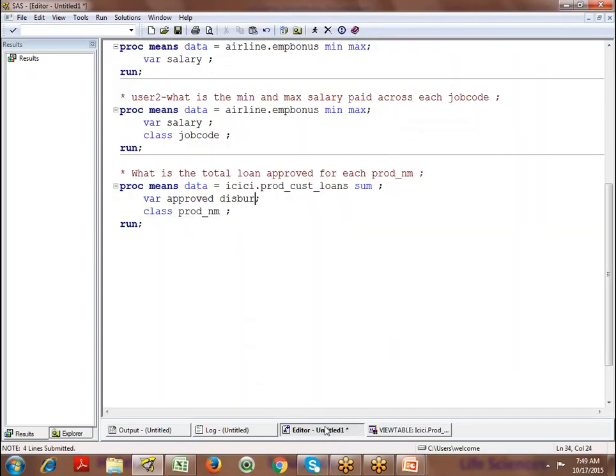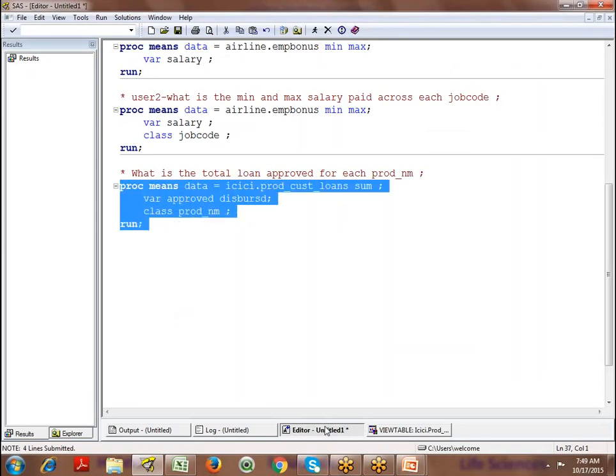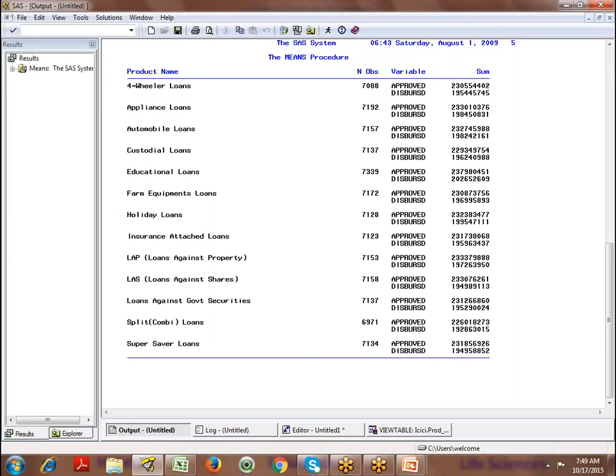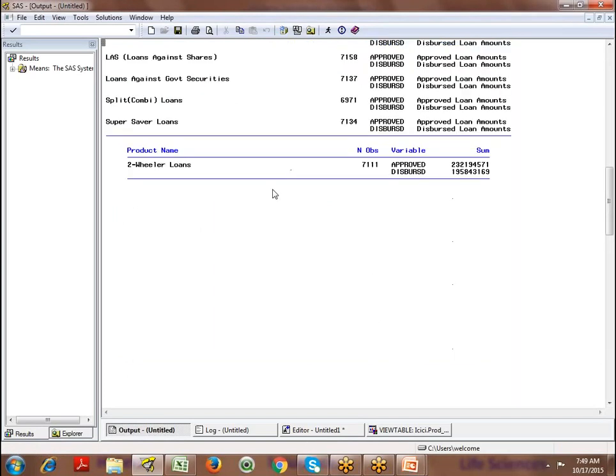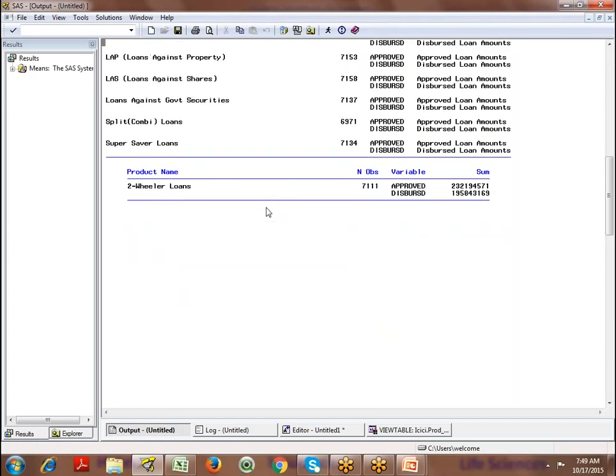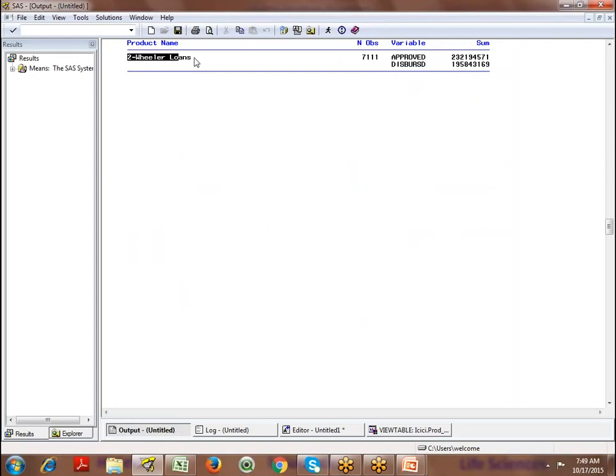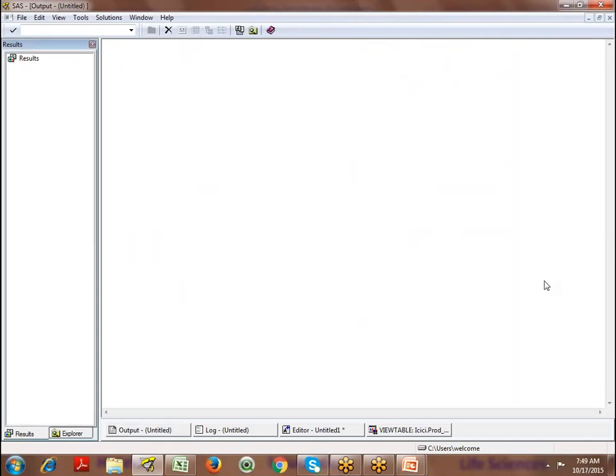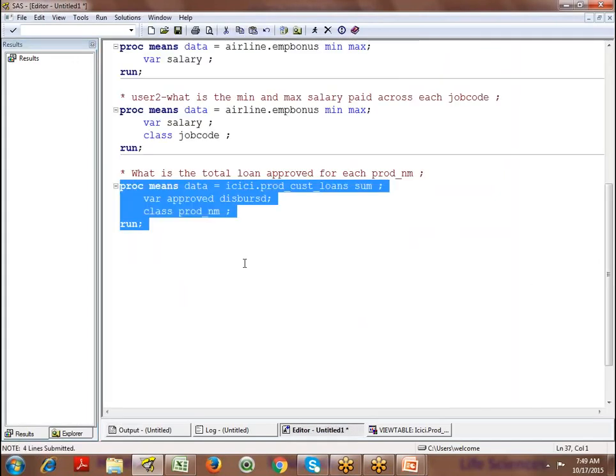So if you would like to know the total disbursed amount, you can get that too. According to two-wheeler loans, 7,100 loans were approved. This is the total amount that was approved and this is the total amount that was disbursed. So like that, we are going to do various kinds of reports on banking as well.